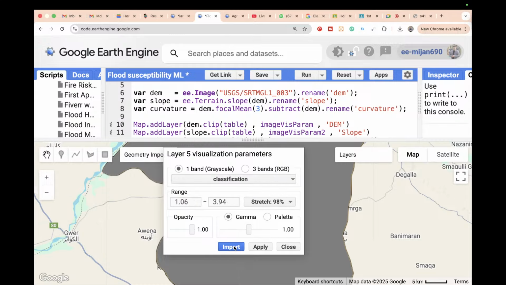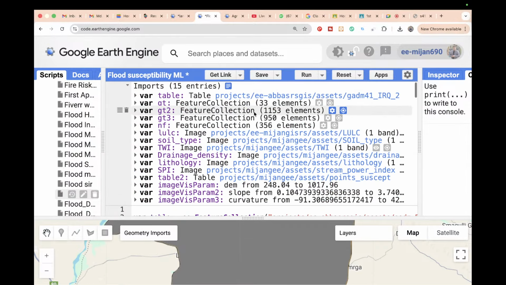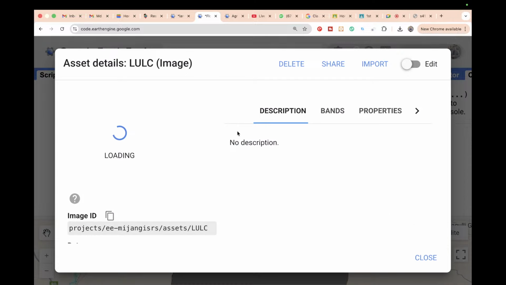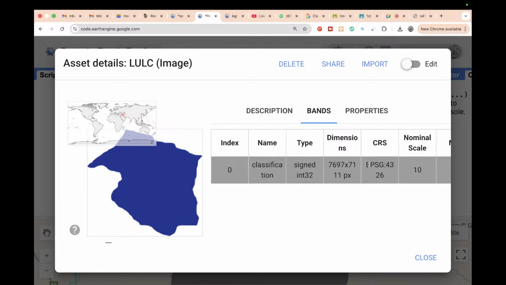Or if you want, you can check how many classes are in this land use land cover. So click on here, and then you can easily get the information on how many classes are in this land use land cover classification image. From the bands we can get this type of information. Click on the bands. So here we find out that